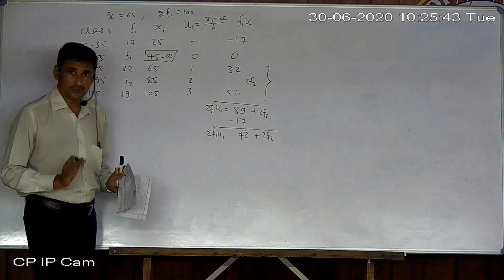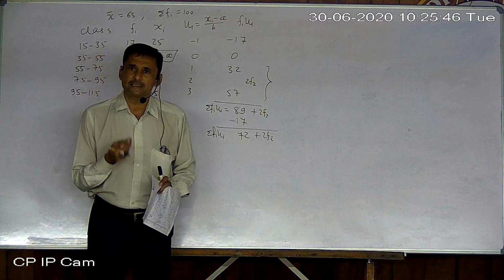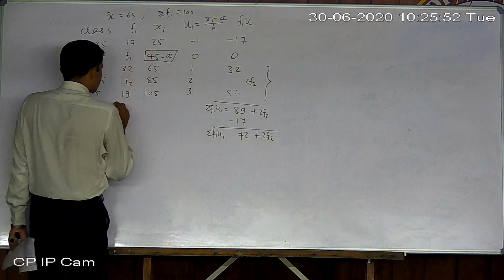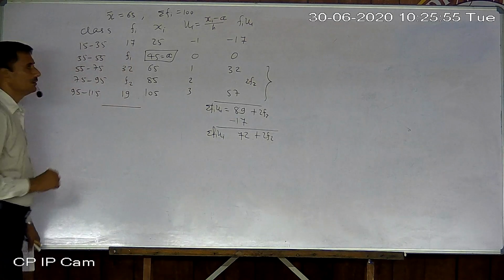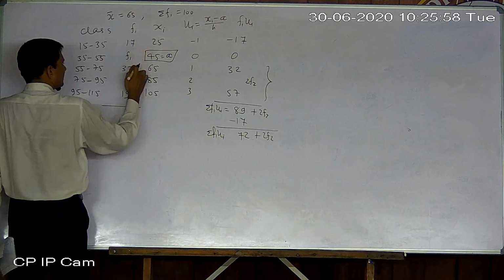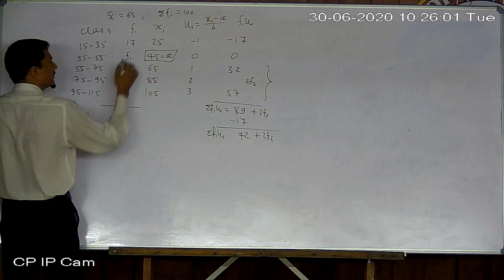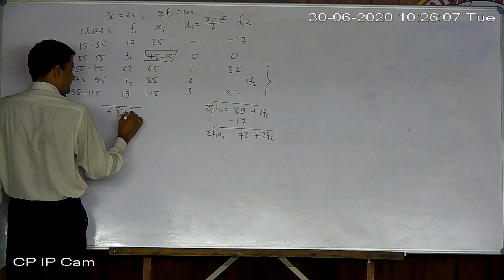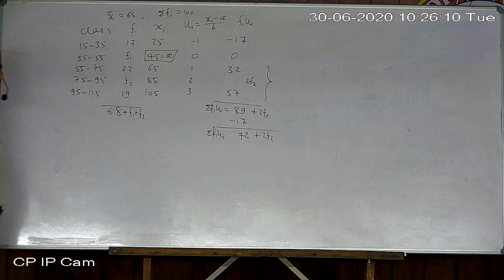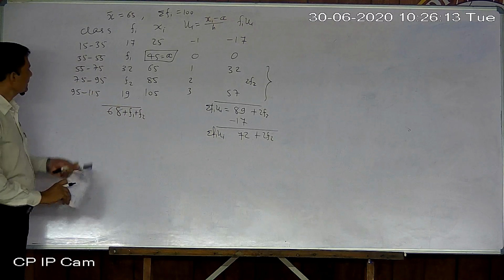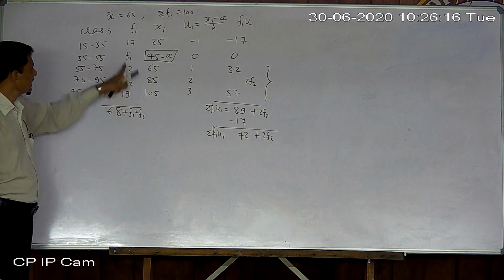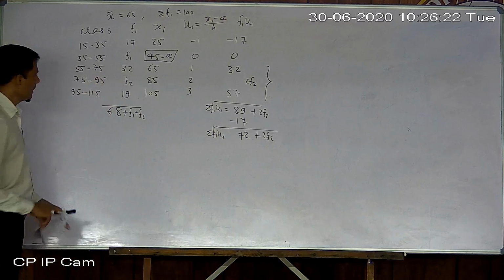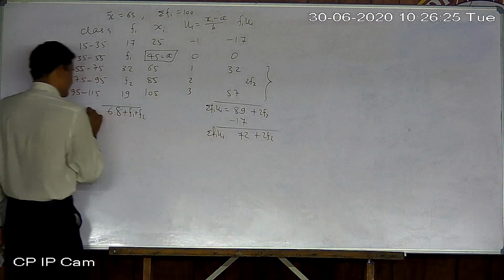Okay, our purpose in preparing the table is nothing but to get sigma fi ui and sigma fi. That is our main purpose in preparing the table. Now add this fi also. So now again 7 plus 2, 9 plus 9, 18, 1 plus 1, 2 plus 3, 5 plus 1, 6. So 68 plus f1 plus f2. Observe carefully, I just added all the numbers. So that is sigma fi.